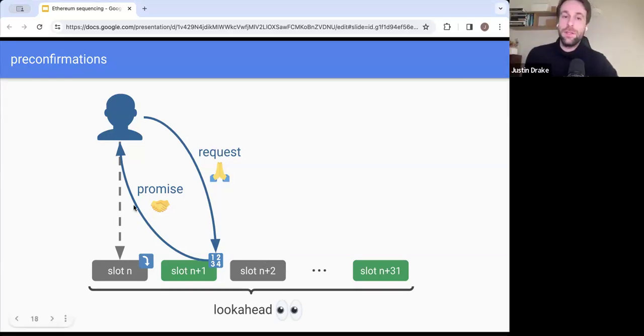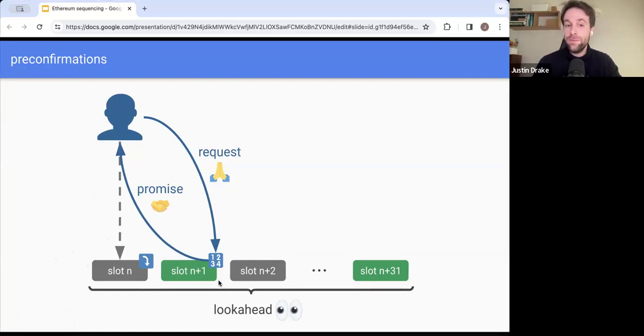Great question. So one thing that I should have made maybe more explicit is that the sequencer here at slot n plus 1 has monopoly power to sequence transactions between the head and the end of their slot. So let's say at slot n minus 1, the state has been fixed, so all the rollups are at a given state.